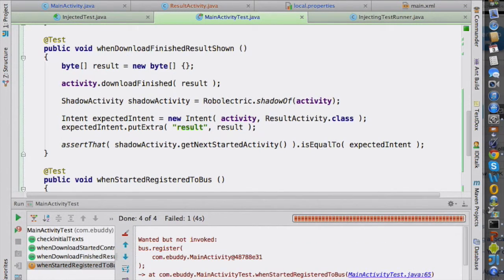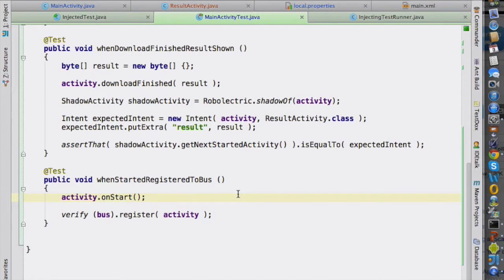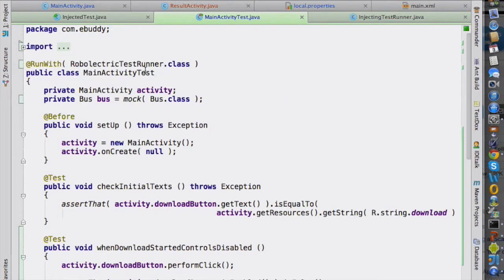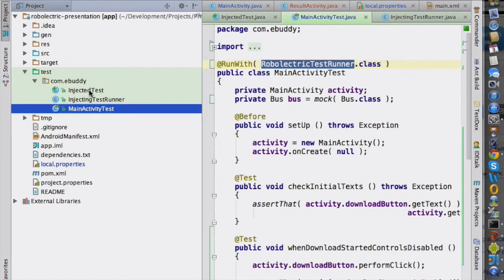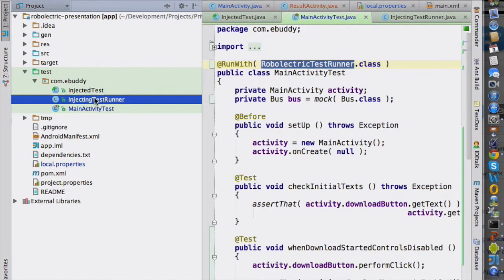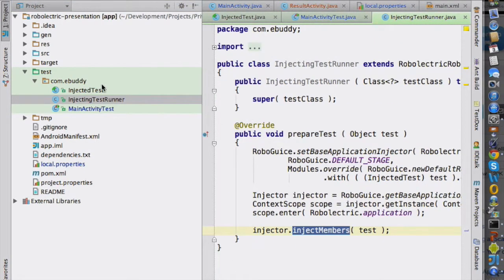it doesn't pass because we actually don't call register, but it's because we didn't inject our bus to the activity itself. So we created bus mock, but we didn't pass it to the activity. So to make this working, yeah, I wrote a small injection test runner which extends